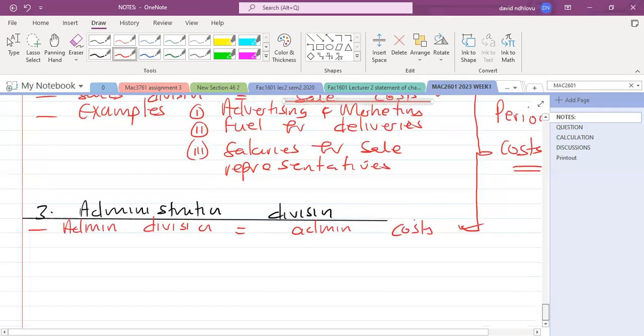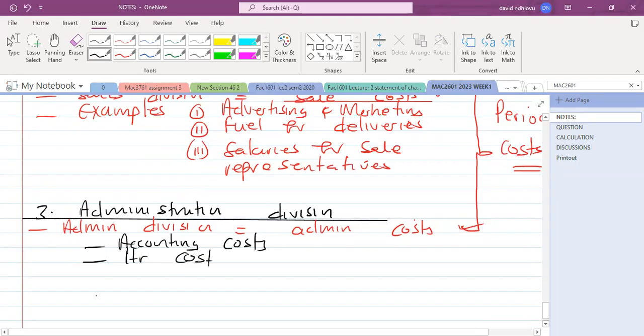Then administration. Under the administration, you find accounting costs, so the cost of accountants and other accounting staff. You find HR costs. That's administration. You find maybe the managing director here. So all of that is part of what? Administration. So therefore, we then end up with the term